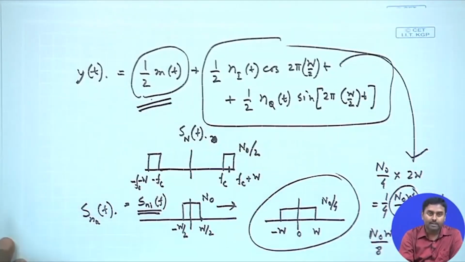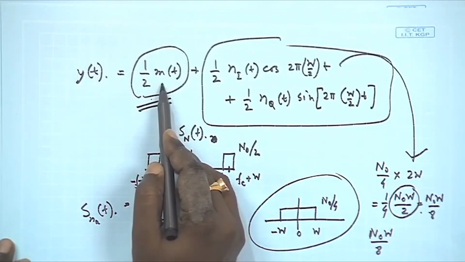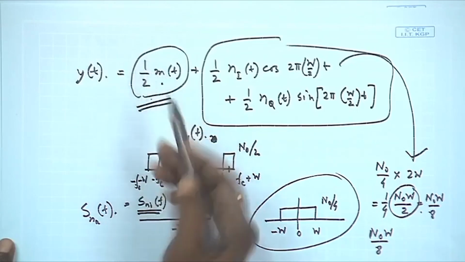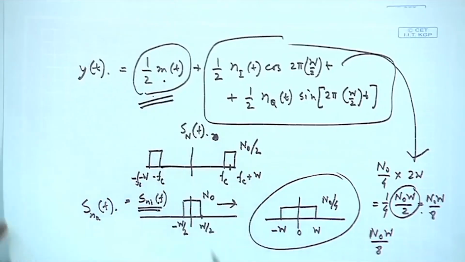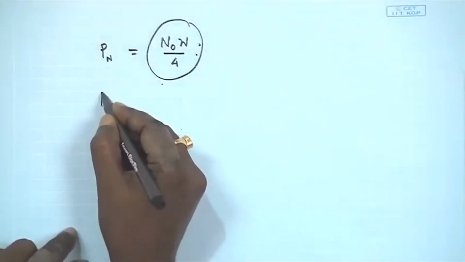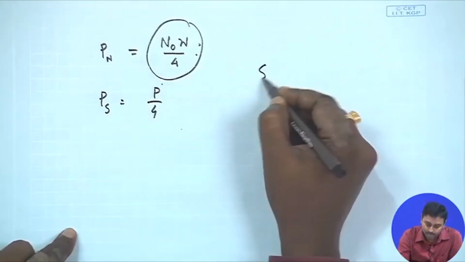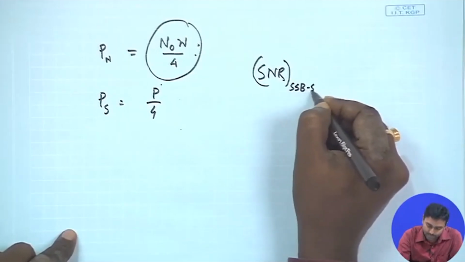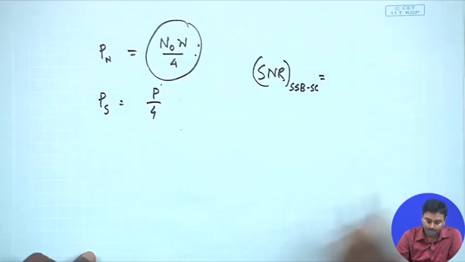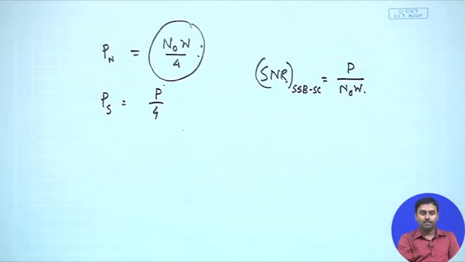What is the signal power? MT, therefore, it should be P, and the half factor is there. In power spectral density it will be half squared. So, it should be 1 by 4 P. So, the power is P by 4. So, the signal to noise ratio for SSB must be P by N0 W, right. Now, the good part,